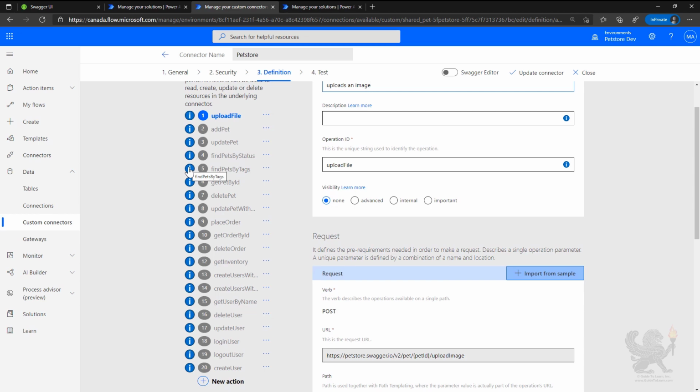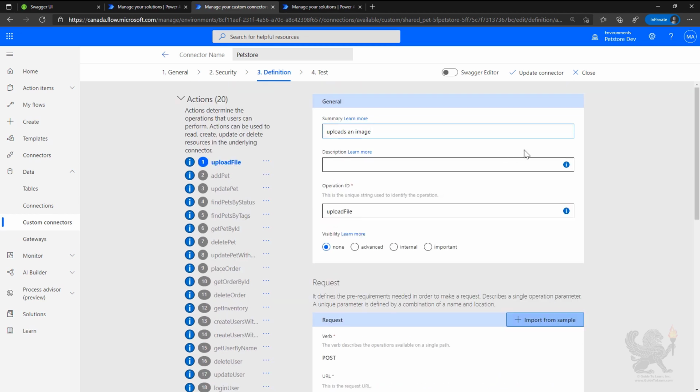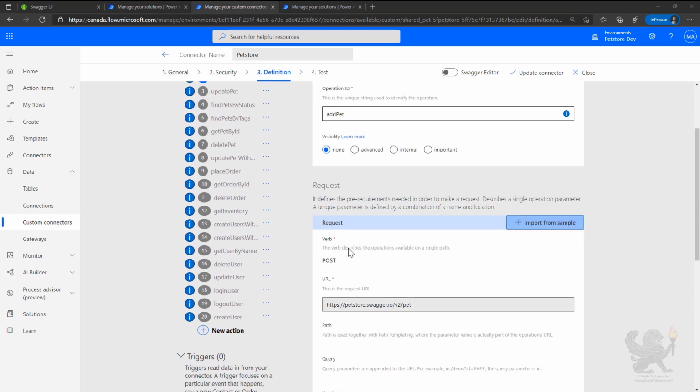We'll see that many of them have the little blue icon next to it. What that's telling us is that we're missing a description and that the operation ID does not start with uppercase. So we could fix that by simply making the changes recommended, and we can see that that's now happy with what we've done. If we look at one of the other operations on here, add pet, we'll notice that if